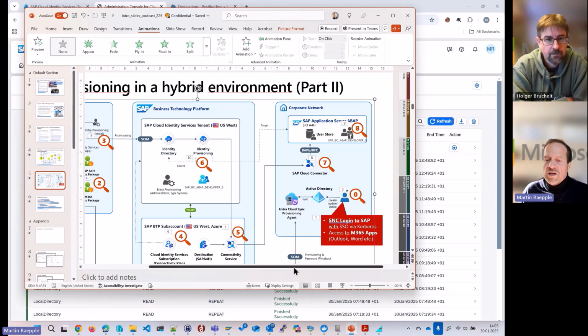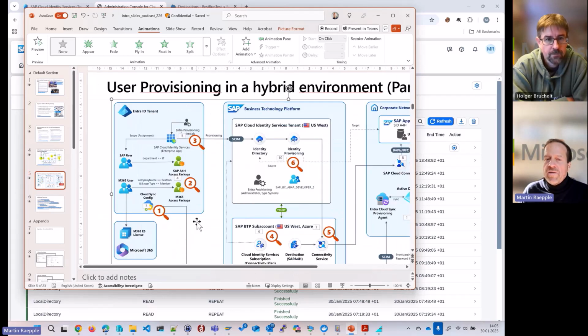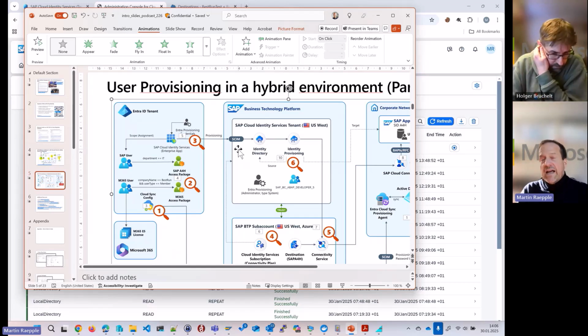Now, certainly the question is, how do I do so if I have the user maybe also already assigned to a group that may also be equally named on the Entra side? So basically, without having to do this manual step here. The SCIM interface today between Microsoft Entra and Cloud Identity Services does not provision user groups and memberships of users in these groups today.